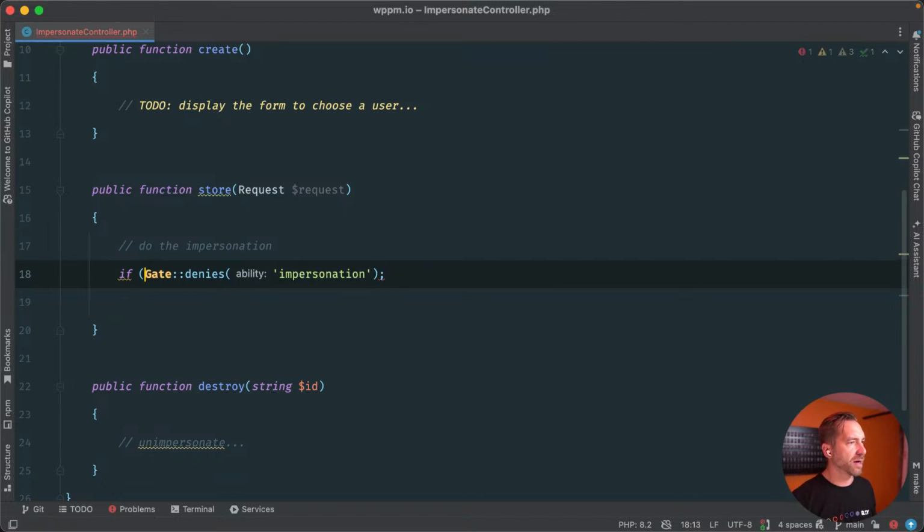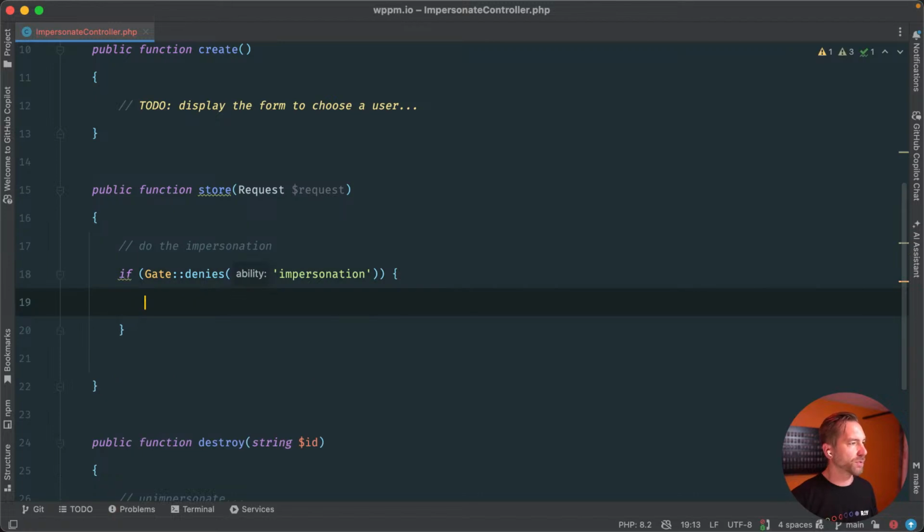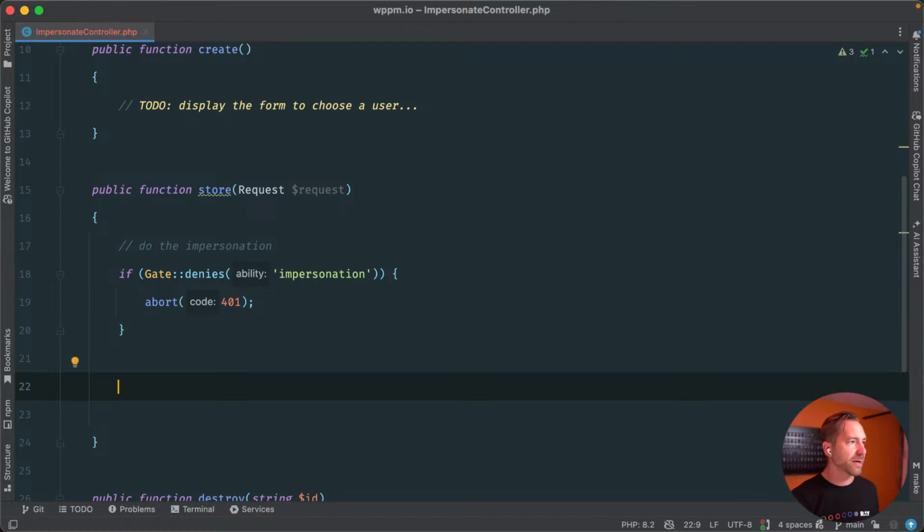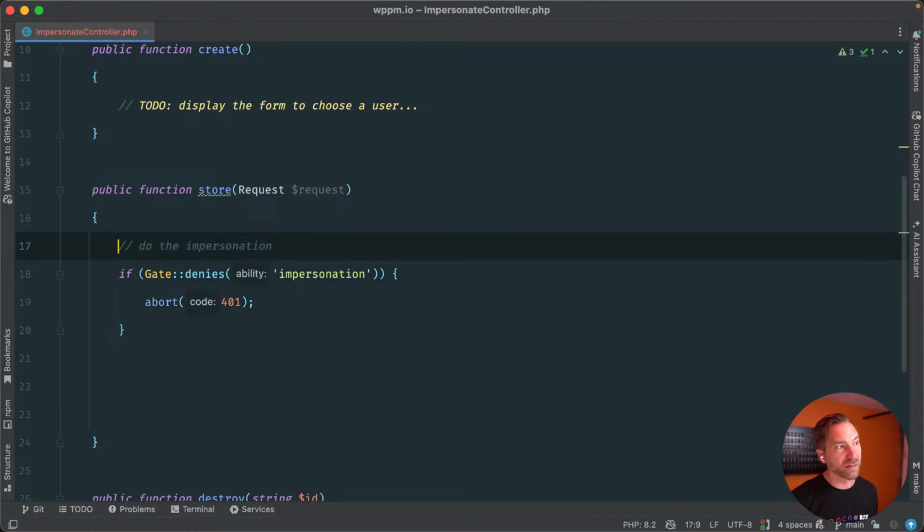So if Gate denies impersonation, we'll just, again, this doesn't have to be pretty, simply abort 401, right? You're unauthorized to do that. Okay, so we can register that gate in our AppServiceProvider, since this is a Laravel 11